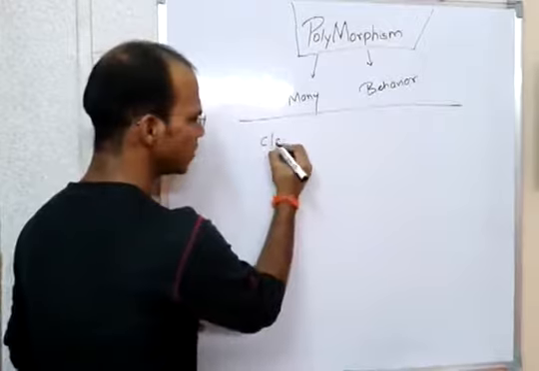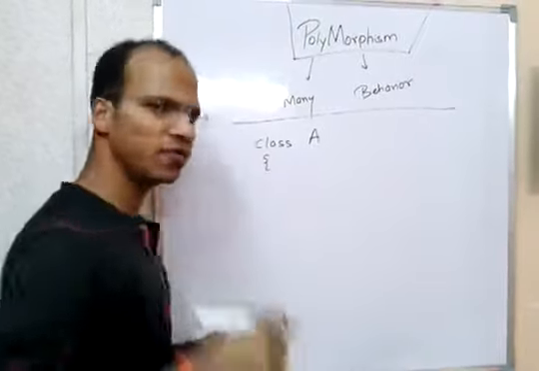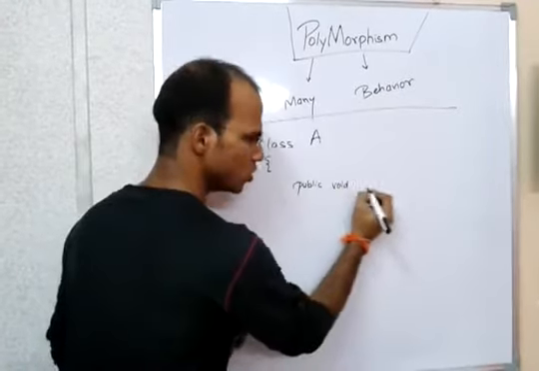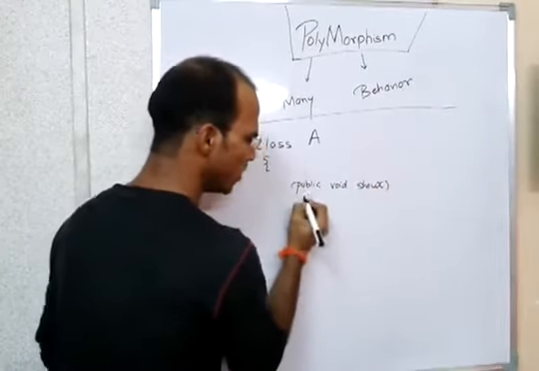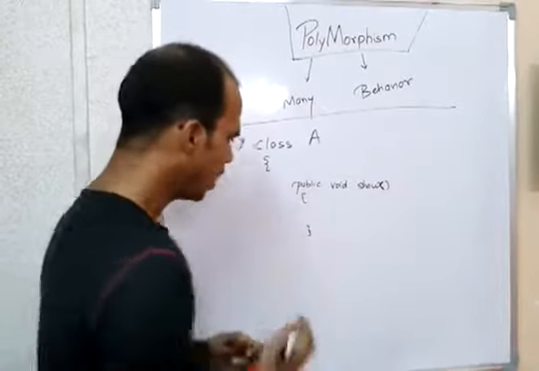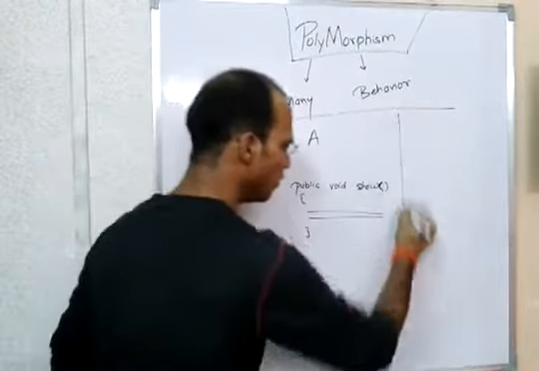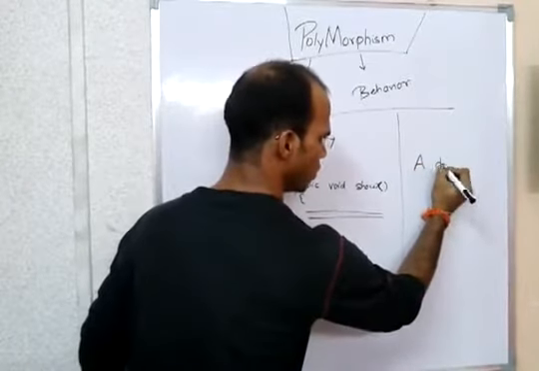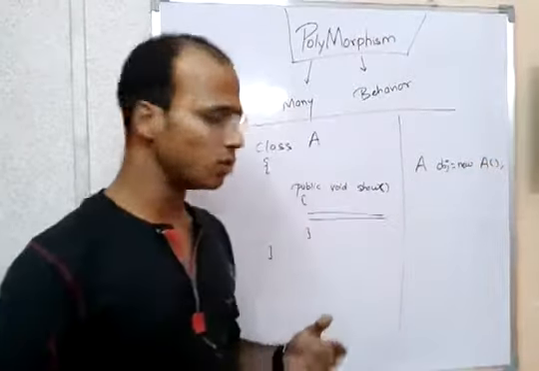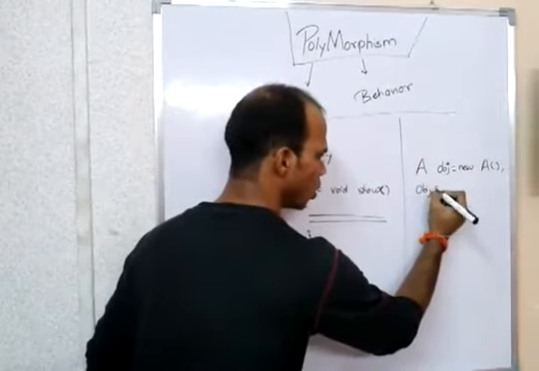Now we talk about a class. Let's suppose you have a class A. In this class A, let me define a method called public void show. So I'm defining a method with 0 parameters, and it's a default method called show. Now when I define this method with certain lines in it, let me create an object. If I have an object of A, A obj equal to new A, that means I have an object of A here as obj. Now if I call obj dot show,